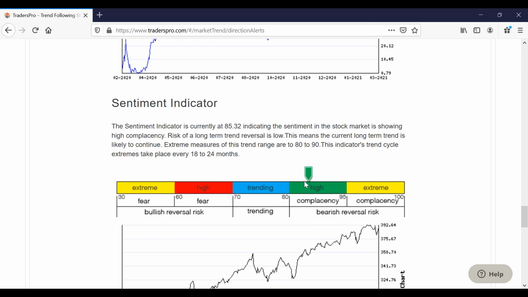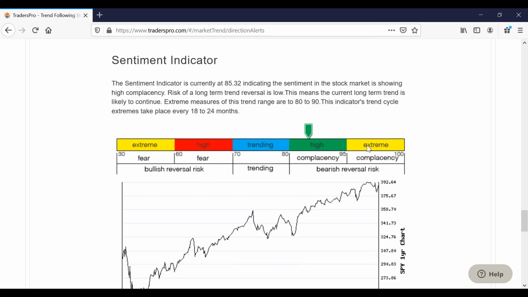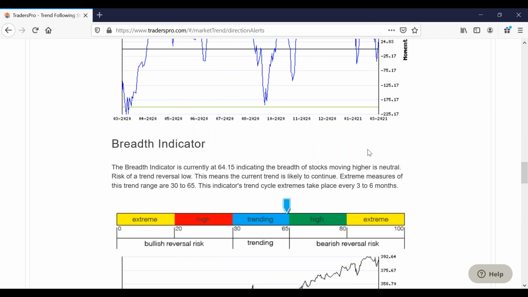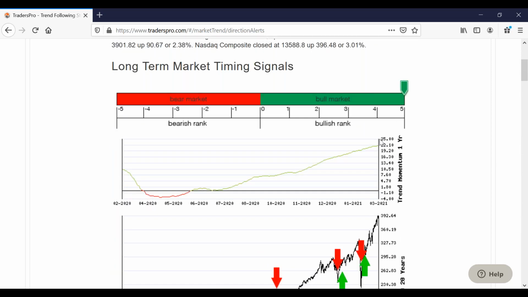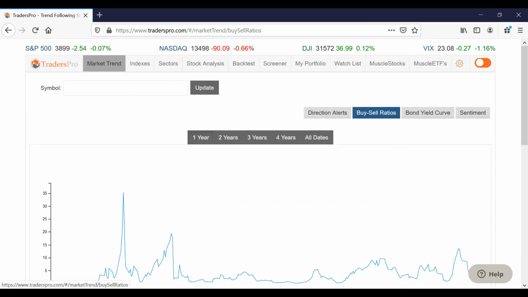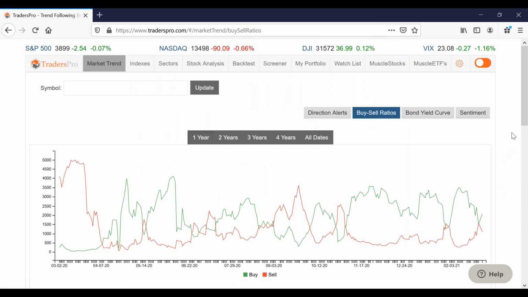If we were really overbought and in some of these extreme levels, and we're getting some strong reversal signals, then I feel like we have maybe a little bit bigger correction about to start in that situation. Sentiment is in the complacency range, which is getting to the high range, but isn't extreme yet. We look at the buy-sell ratios. They came all the way together with the selling from last week, and then they started to move away again.